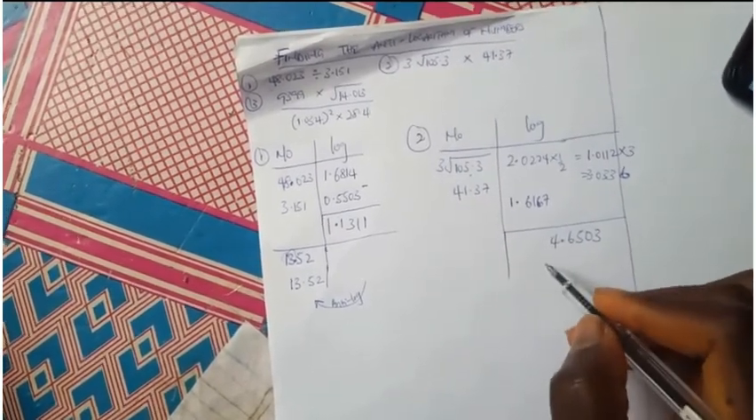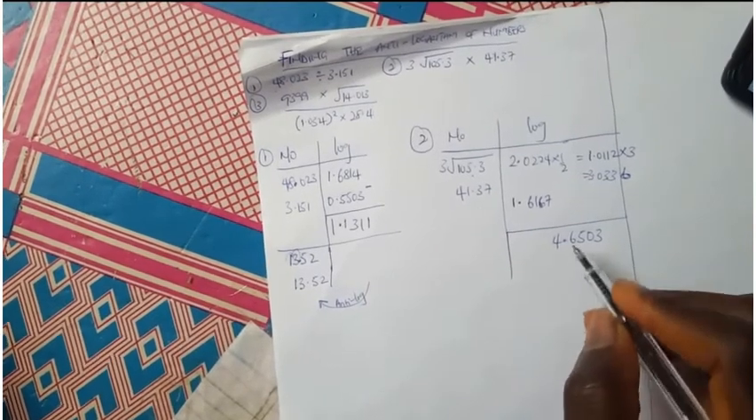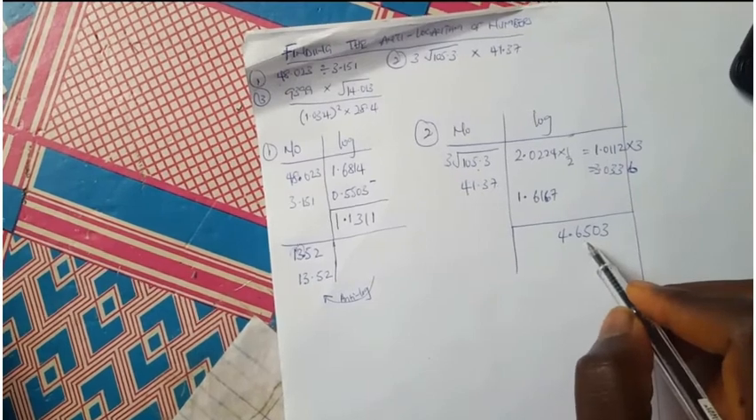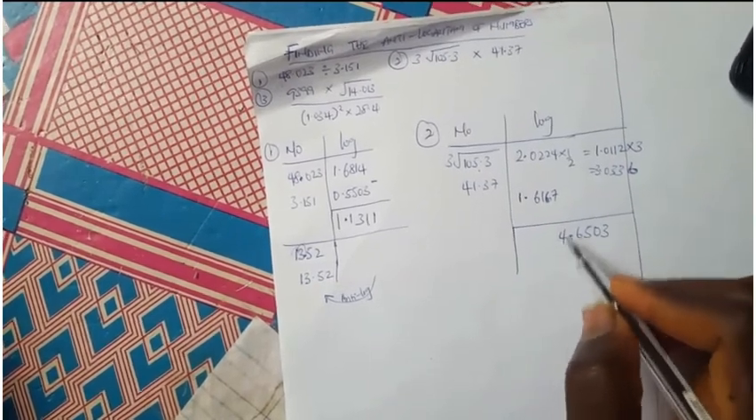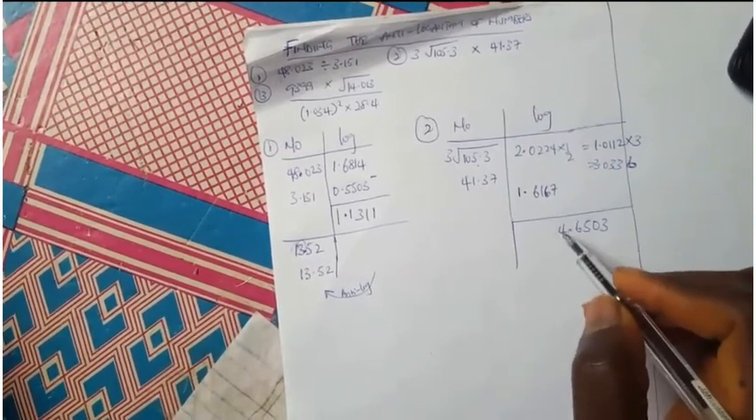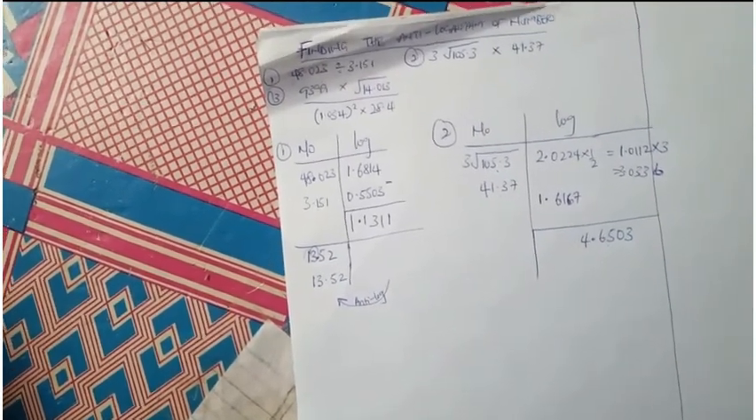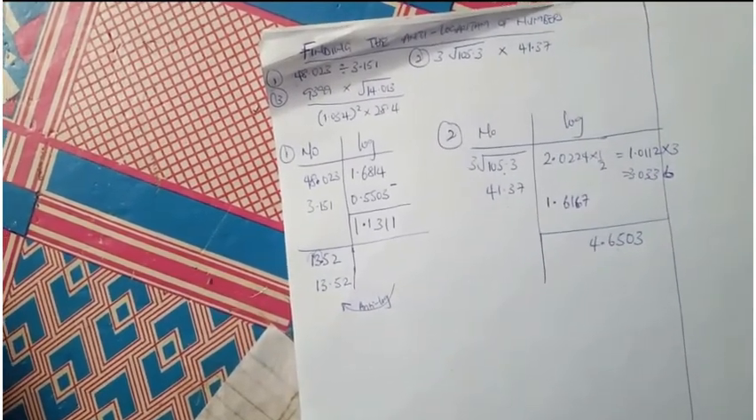Then finally, what will I do? To get my anti-log, I will check 65 under 0, difference 3. Okay, after doing that, I will add 1 to 4 to denote where my point will be. So on checking 65, I mean, under your anti-log table,